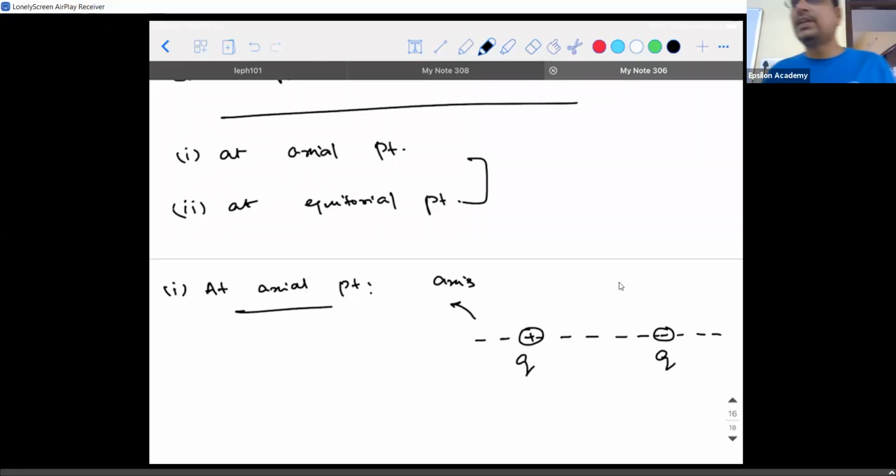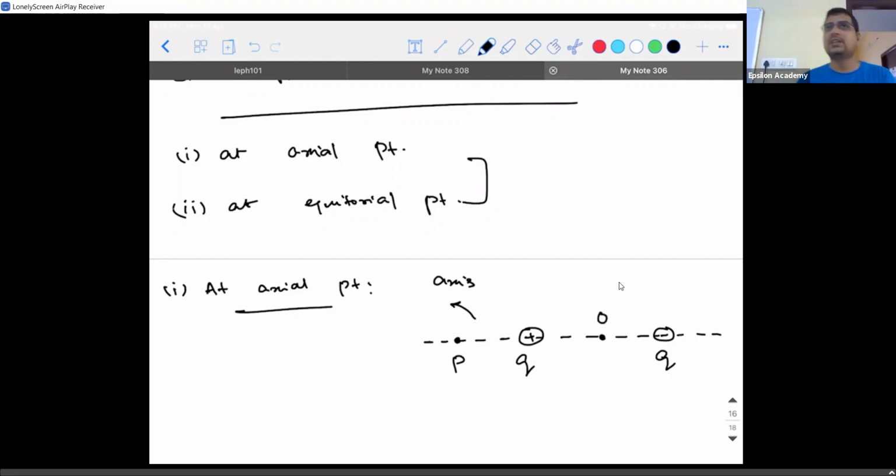So what we will do is take a point on the left of it, which I call capital P. I told you there is a reason why we take the distance between the charges as 2a. In physics, whichever derivation you are doing with respect to a dipole, whether you are calculating electric field or electric potential in the next chapter, all the distances for the point where you are calculating the values are measured only from the center. They are not measured from either of the charges. Don't make that mistake. They are measured exactly from the center of the dipole.